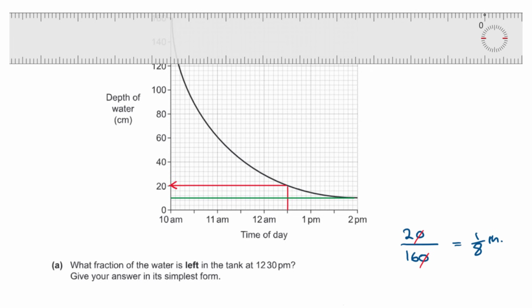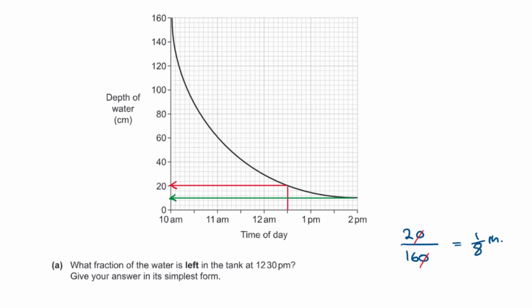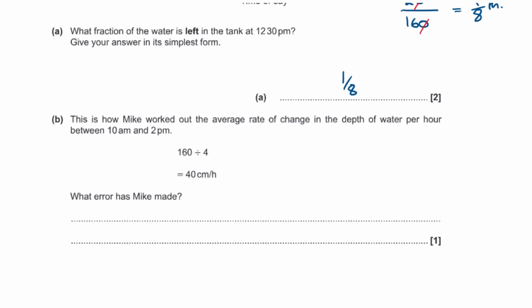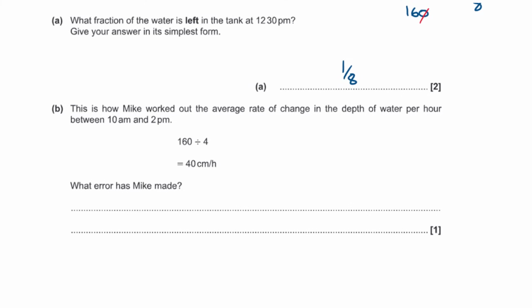So there's actually 10 centimeters of water left remaining in the tank after 4 hours. So to say that 160 centimeters has disappeared is wrong, isn't it? Okay, it should have been 150. So what error has he made? Well, it should be 160 minus 10, 150 divided by 4,